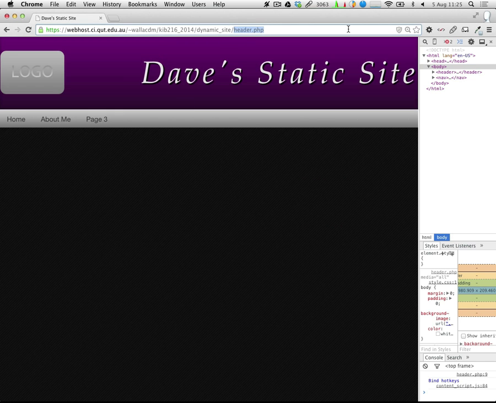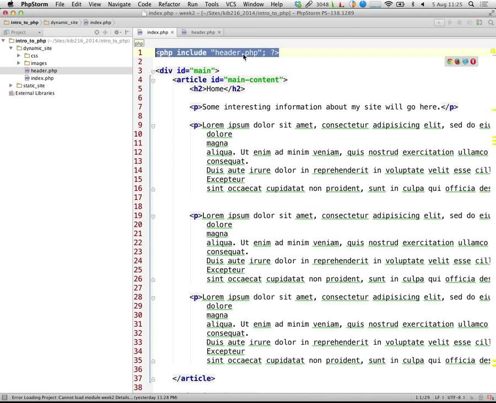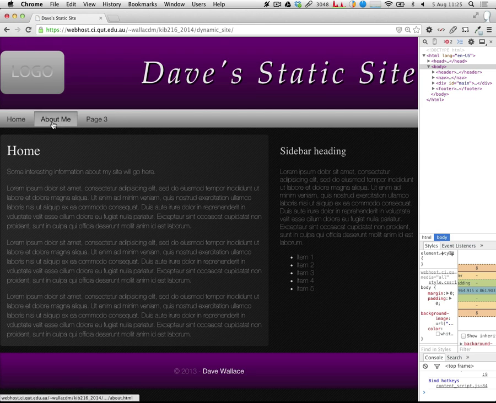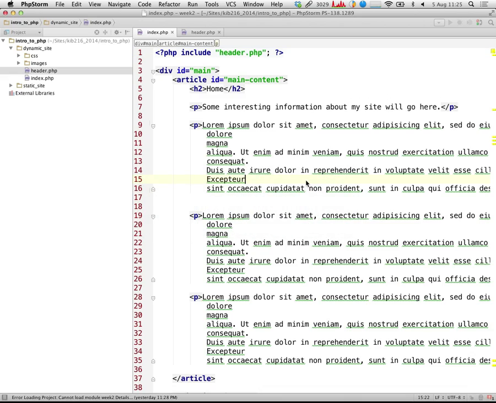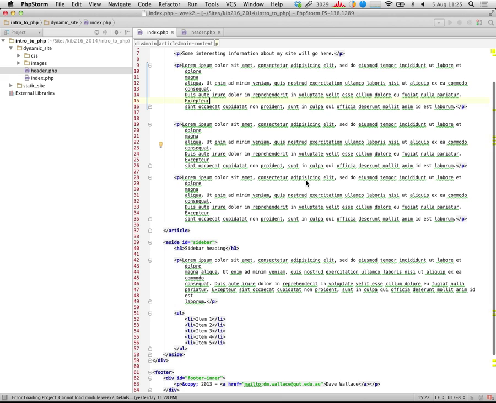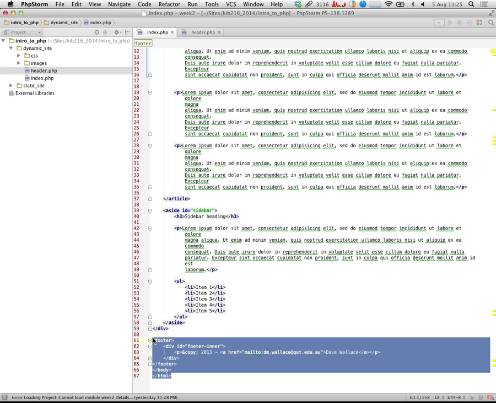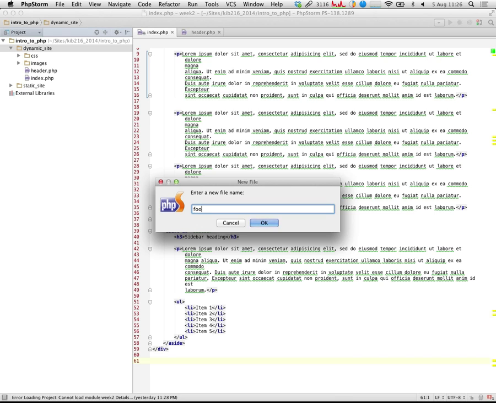Okay, so now if I go back to the index page, we can see obviously that it's re-included that file back in there. And it might just seem that I've done something redundant. I did something and then programmatically undid it, but you'll see why it becomes useful in a moment. Okay, so I'll do the same thing with other parts of my page. So I'll separate the footer off here into footer.php,